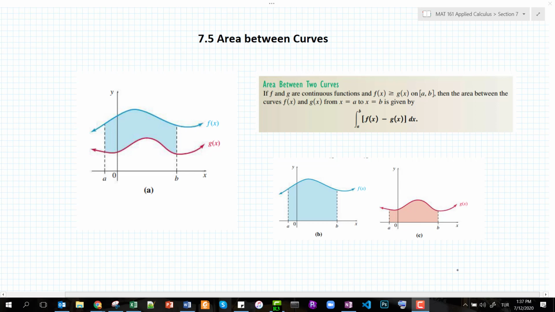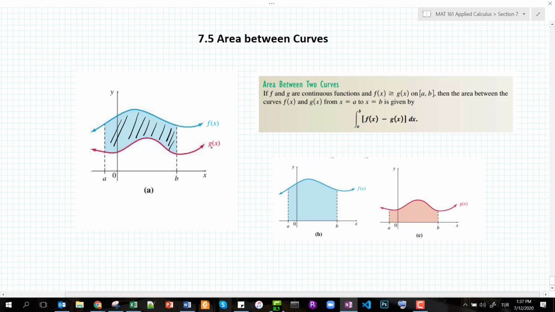We have another problem with the areas. This time, instead of finding the area under the curve, we will be looking for the area between curves. So the formula will stay the same, but we're going to think about it in this way, guys. Look at that. If I would like to find the area between these f and g,